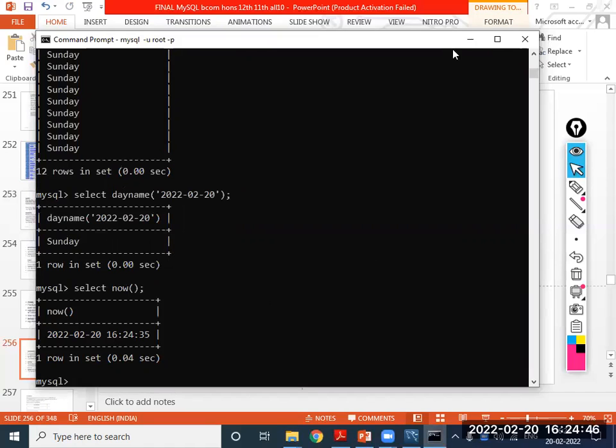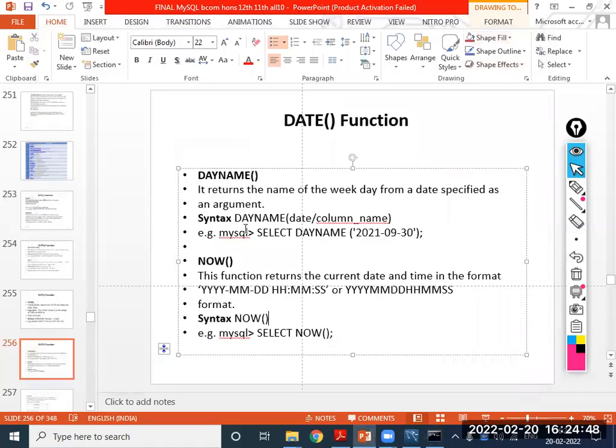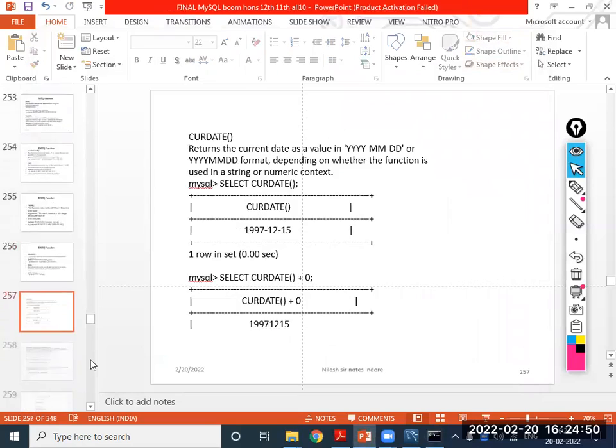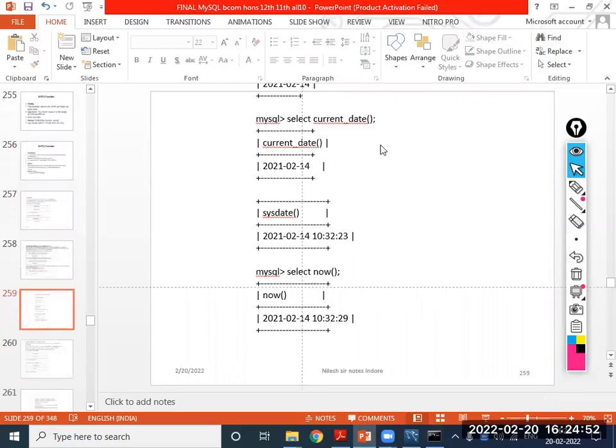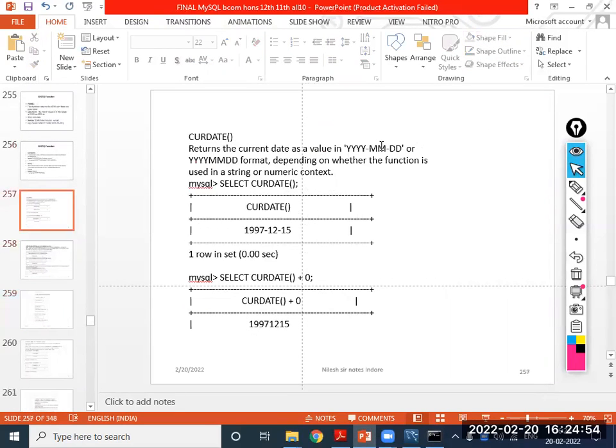And one more thing is also there, that is called current date. It returns the date as YYYYMMDD. Now I'm applying it.